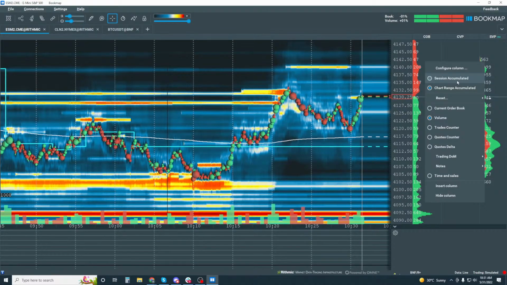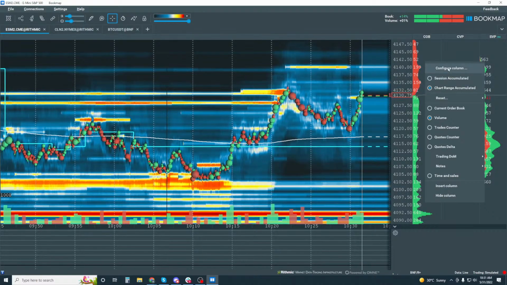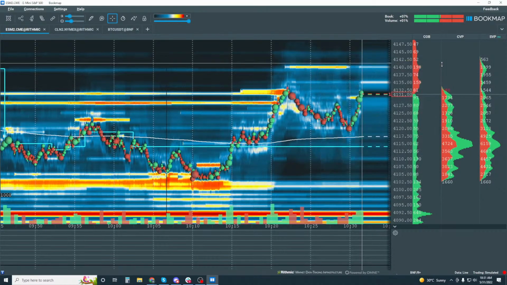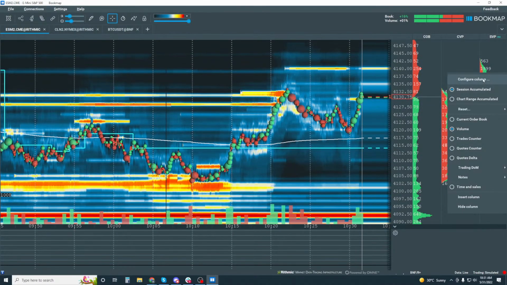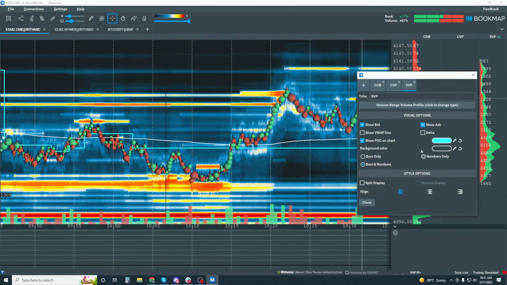Okay, now once you've done that, you got to right click again, and then you go to configure, and then let me go into the session profile here, and then configure, and then it's here, show POC. Okay,